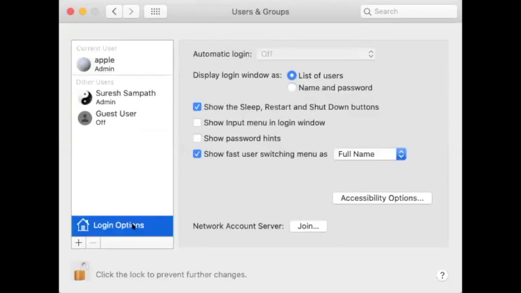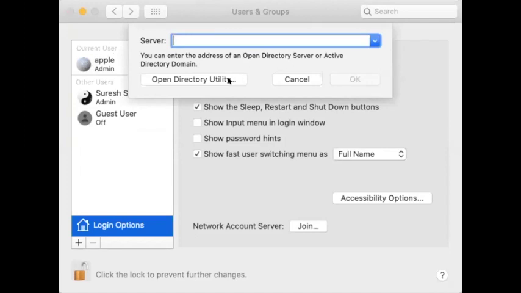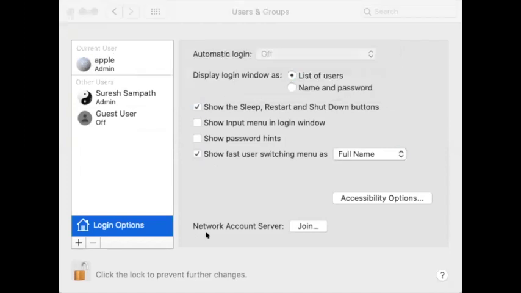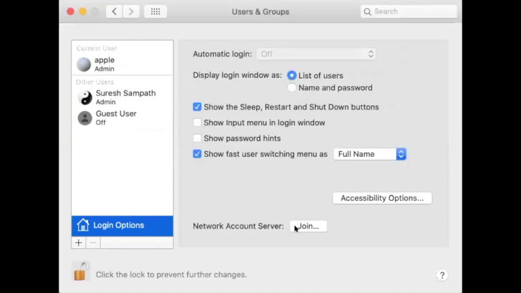Then if you click on login options, here you will have an option to bind your AD. Once you have bound it, all your policies and certificates you can push from your AD. But first time when you're joining, we recommend you to try with a LAN connection.